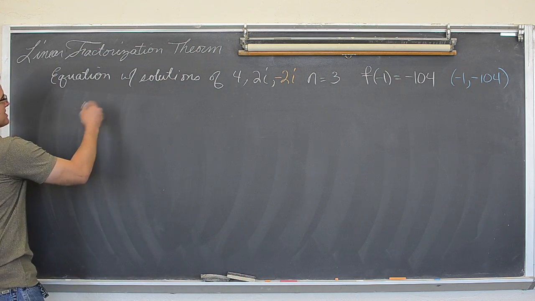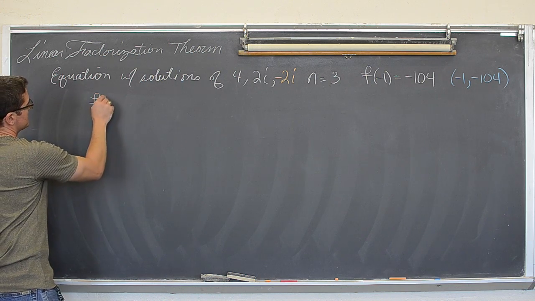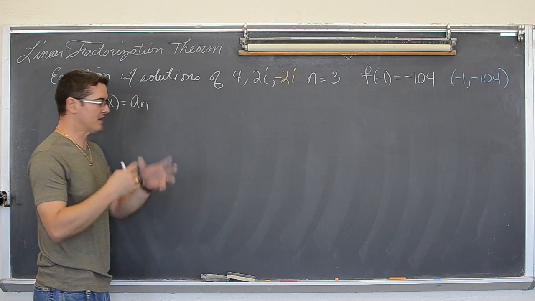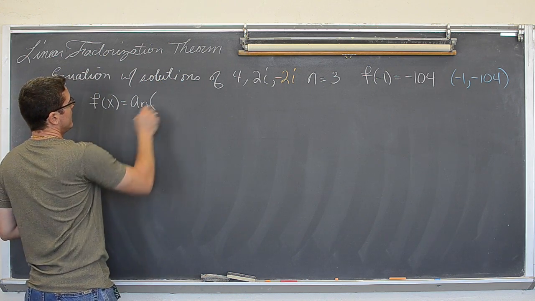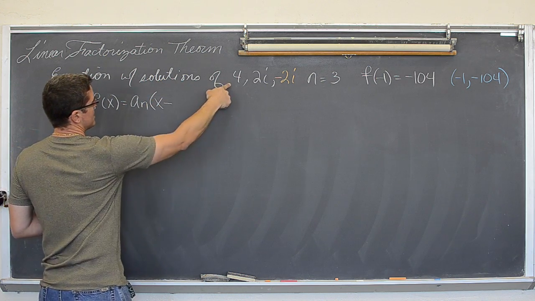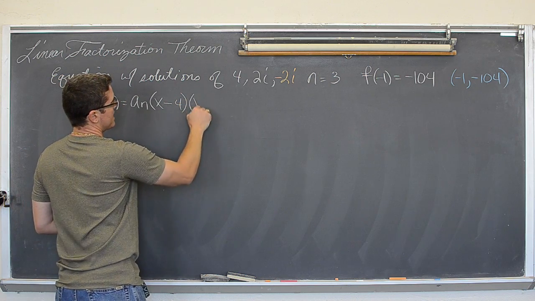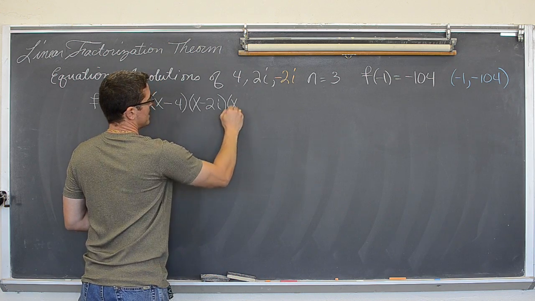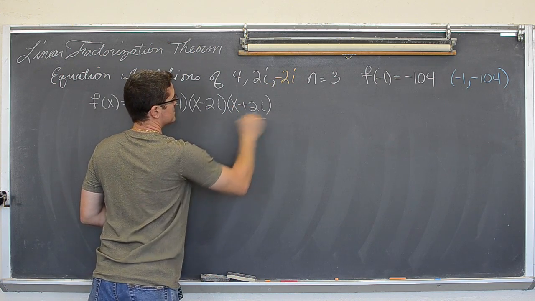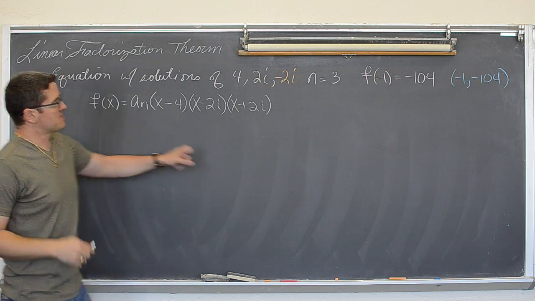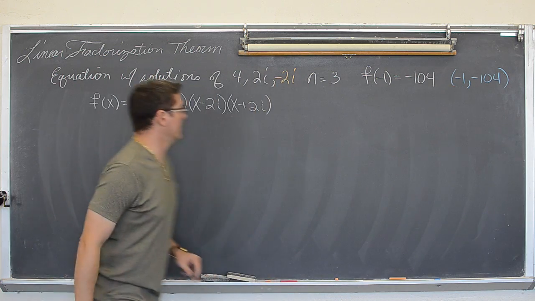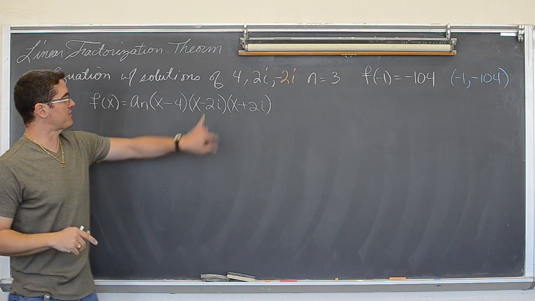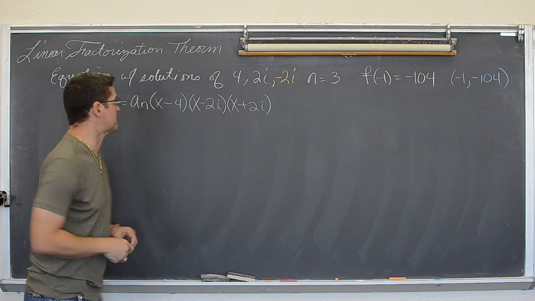So we've got f of x equals a sub n. I'm going to skip the factoring part because I need some room for this problem, and just say that it's x minus 4, changing the sign, times x minus 2i, times x plus 2i, changing the signs. And the a sub n comes in again when we're done cleaning up and we're using that point. Multiply the binomials or even trinomials that have i in there first. You're going to save yourself some steps.